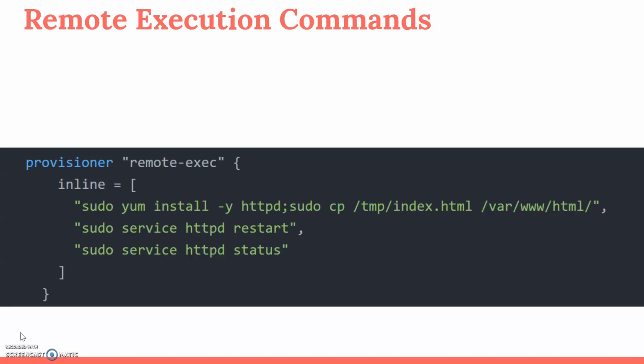And the next one is the execution of my server configuration. I want to install some packages on the server, so I can run my packages. You can see remote-exec will be used for the download and installation. So I have downloaded some packages. I have copied my file from temp to the HTML directory. Then I have restarted the HTTP server, and I am checking the server status. So you can find your status over the console.